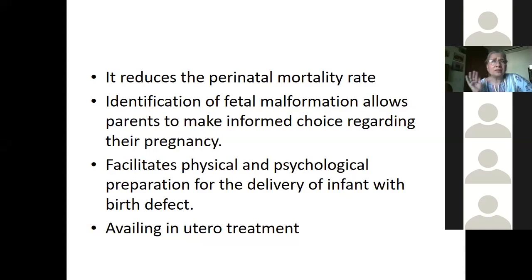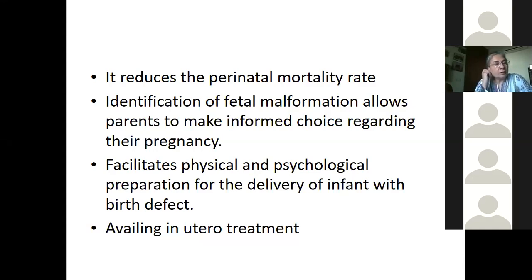So that the couple is mentally prepared. They know that yes, a baby is coming who has so and so problems. It's not going to be a surprise, where they say, what, this has happened? You did not tell us. We didn't know. The doctor didn't know, and suddenly the baby is born like that. So this is all, and therefore, for the psychological